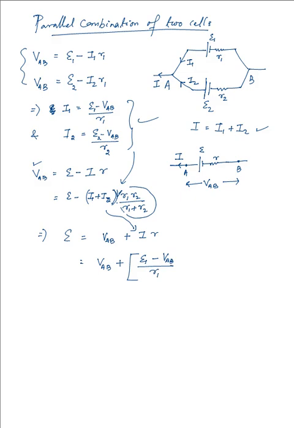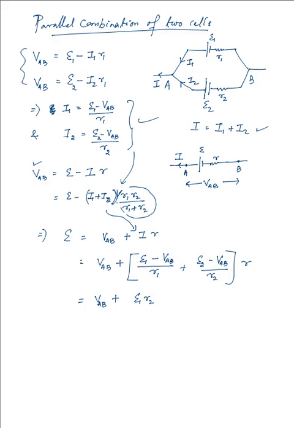And then we have I2, which is equal to E2 minus VAB over R2. That multiplied with the resistance, which we have kept as such for the time being. Now VAB plus, this is going to be E1 times R2, if I keep it like that, and then